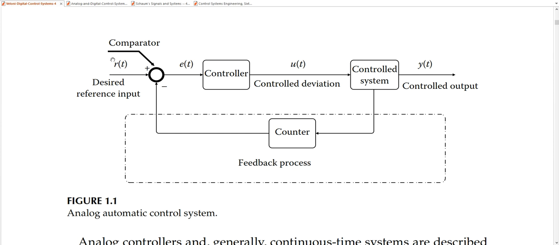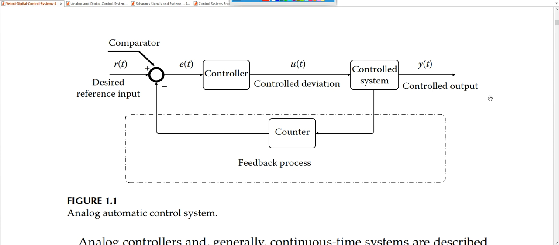For the standard control system, here is the input. Oh, it's happening in my